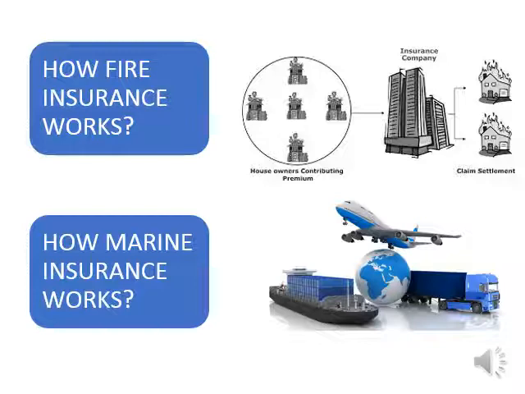if there is only one person coming with the insurance, then there cannot be any insurance. There has to be a pool. There has to be a number of people coming to the insurance company, and they are trying to cover their risk. Now I will not be knowing 1,000 people for my car. What I know is the insurance company. I go to the insurance company. They have 1,000 people's cars insured with them. So I am one among them. This is the way fire insurance works, this is the way marine insurance works.